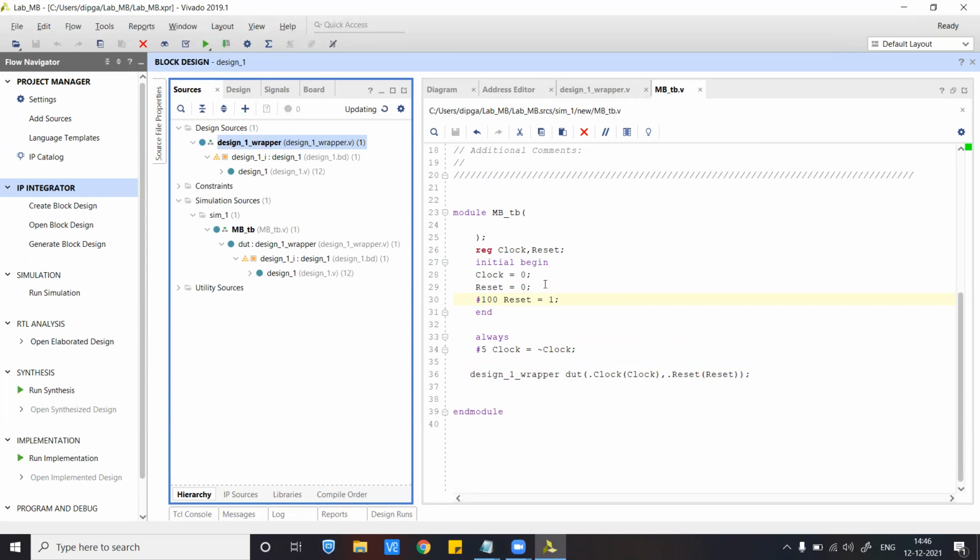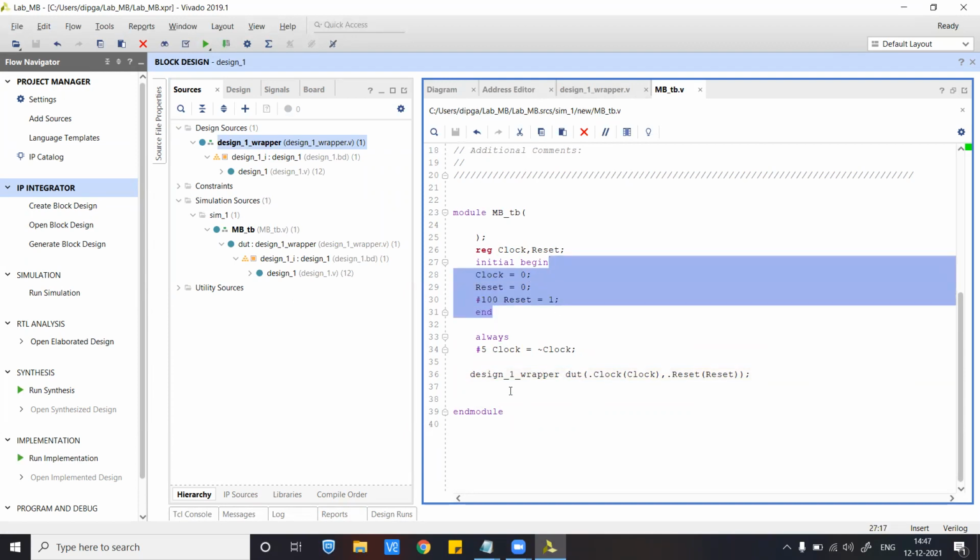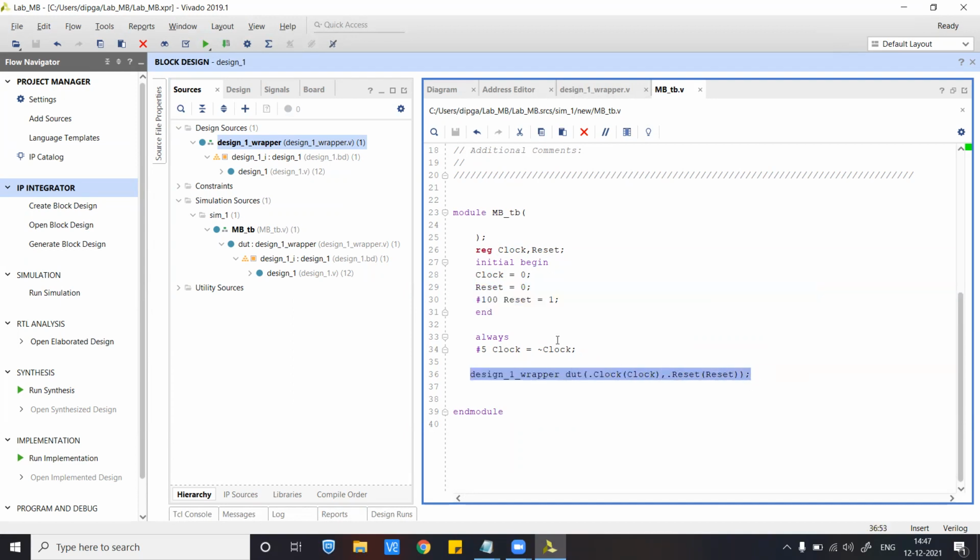What we are doing is simply generating a clock here, in an always block, and then we also have an initial block in which I'm initially setting the reset equal to 0, and then reset equal to 1 after 100 time units, because we have active low. That is why this is being done here. This is the simple instantiation that we are doing. Pretty simple.